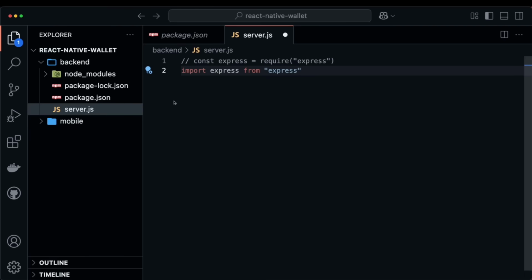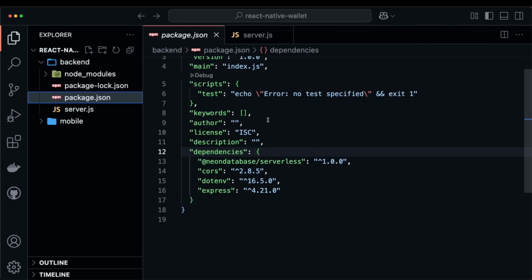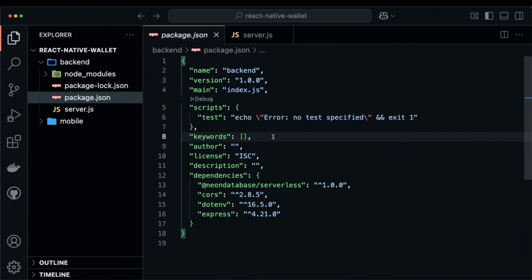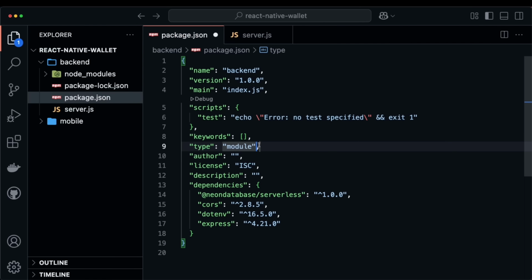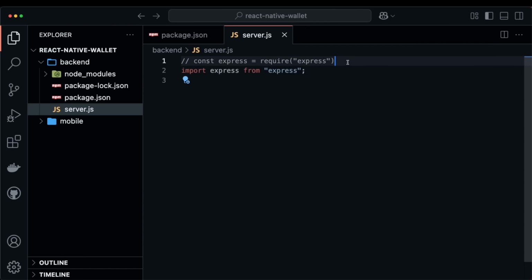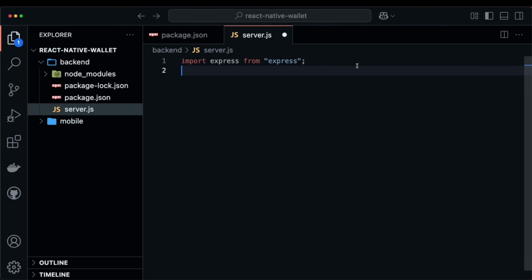And to be able to make this work, we need to visit package.json, and here at some point, you would like to add the type to be module. By default, it is commonjs, as you can tell, but once you say it'll be module, you can use the import export syntax. Now we don't really need to use this one. Okay, now let's create an Express app,